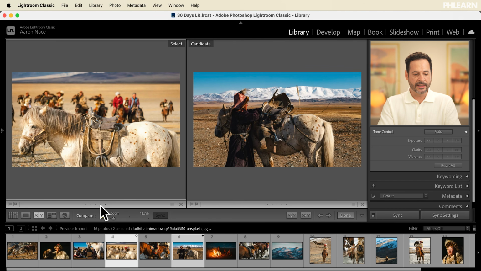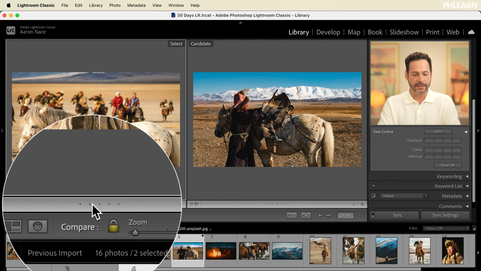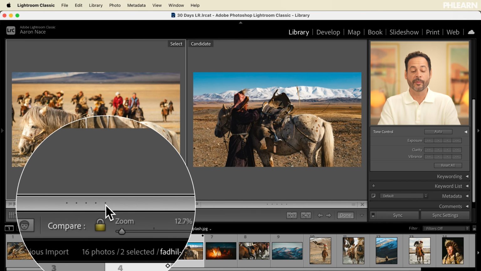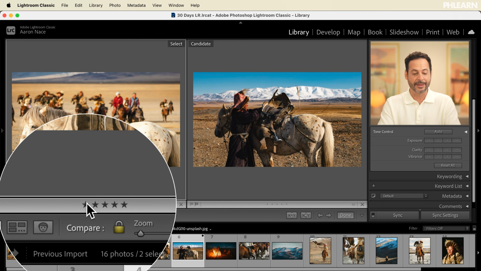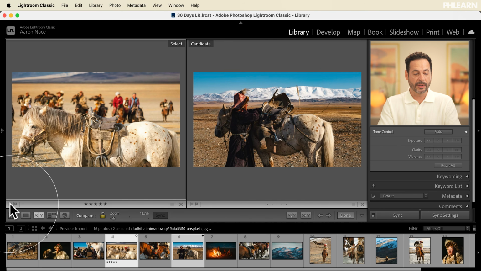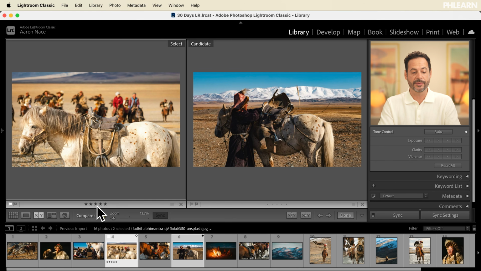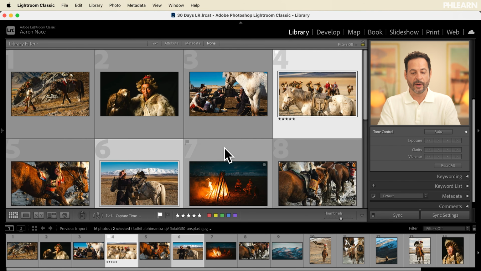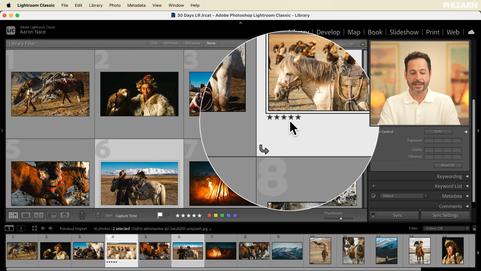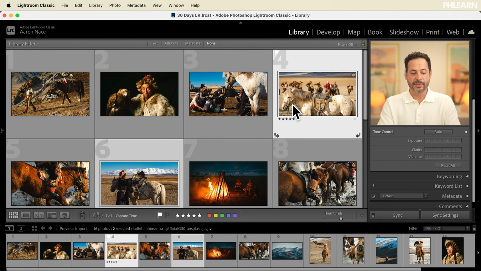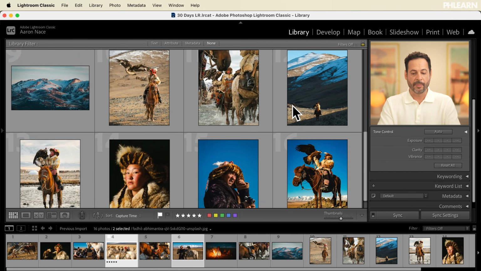So what we're gonna do is right down here, we're gonna see we have a couple of dots here. These are actually available for rating. So I'm gonna click here and it's gonna rate that image 5 stars. Now you can also click right on this option and it's going to flag this image as a pick and we can use that for filtering later. Okay, let's go ahead back to our grid view real quick and you can see here this image is set to 5 stars. So we've set this image to 5 stars